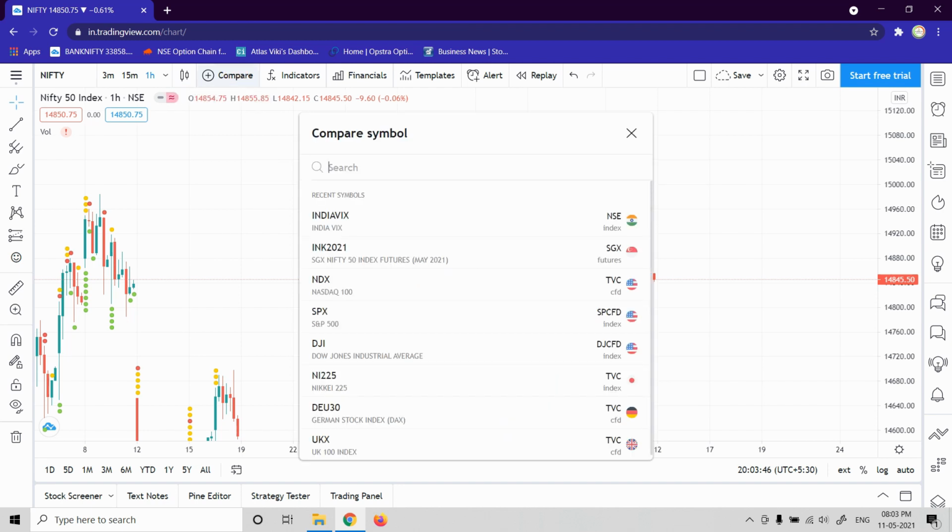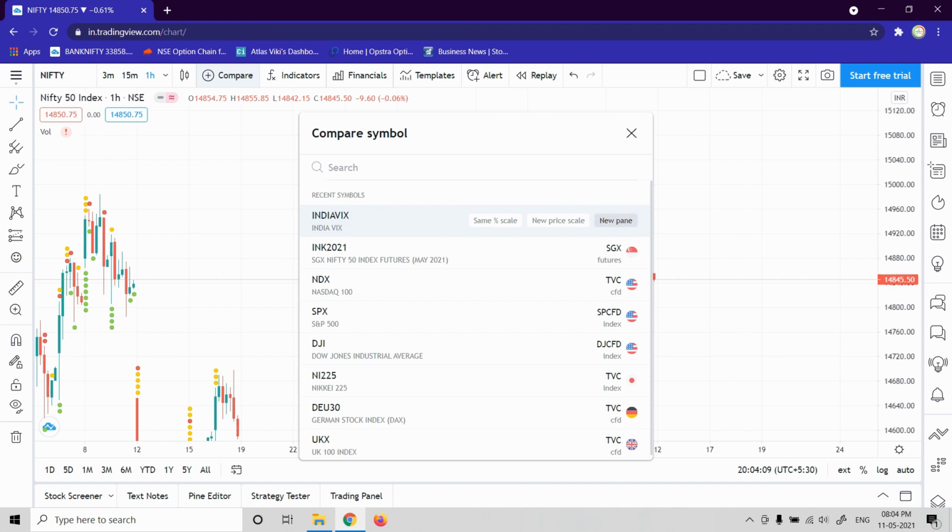Now we have only this free version, so you will not have multiple layout options. If you have multiple layout options, this may be a useless tool, but since we are using a free version, this makes a lot of difference. A lot of traders use India VIX for their reference.